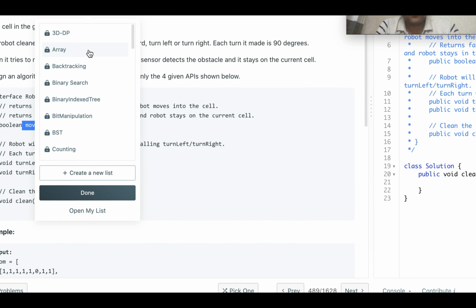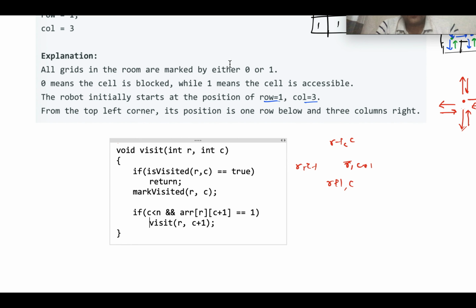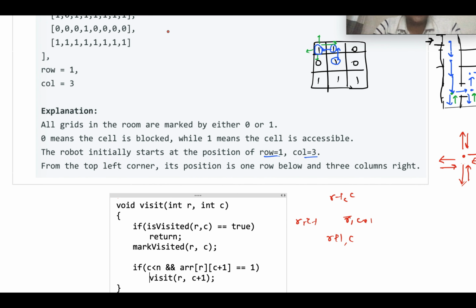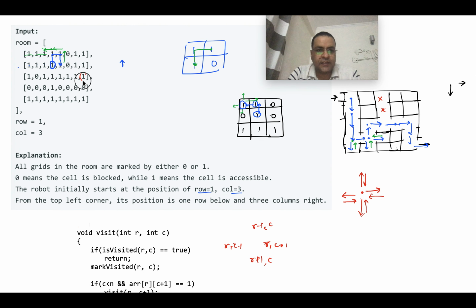Can you explain that if condition one more time? See, let's say you are here. So you should not be going toward the right hand side, because this is the boundary, the right boundary.